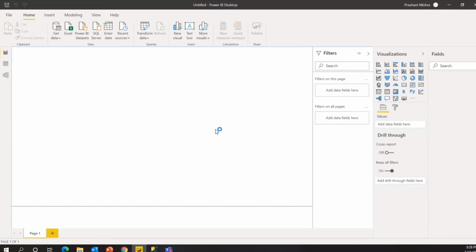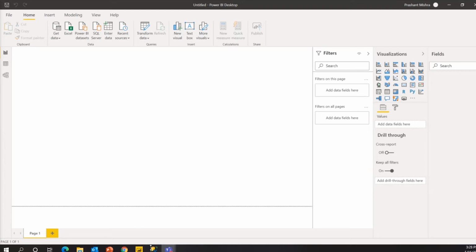And in this particular session, I have not created anything already. Like in all my sessions, what I normally do is keep everything created and then walk you through how I have done that. But in this session, I have not created anything. I just want to show you the step-by-step process of how you can perform any operation on this.